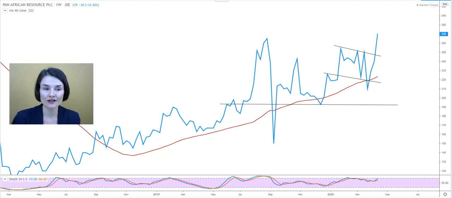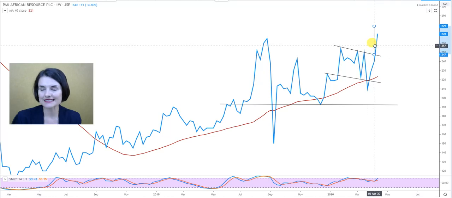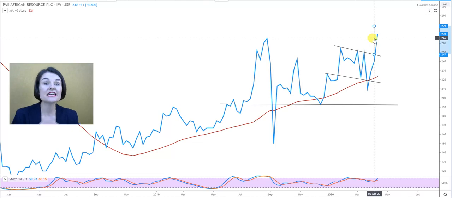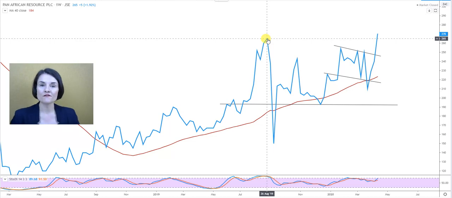Now, where can it go if I take the distance of the width of the descending channel and I project it upwards? It tells me that the Pan Africa can see R2.79. It doesn't mean it will go there. It's a possible price target for Pan Africa. However, the big test is, will this level of R2.65, which is my previous record high on the week of the 26th of August 2019, remain a support on a Friday close? Remember, these are weekly graphs, so the graph is complete